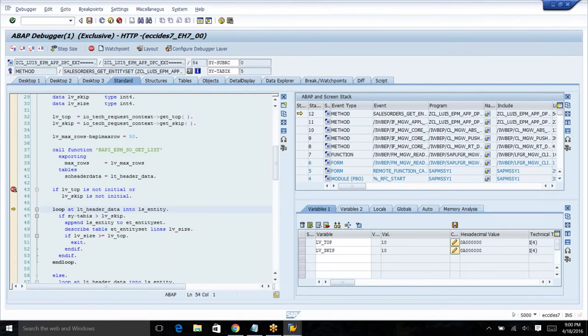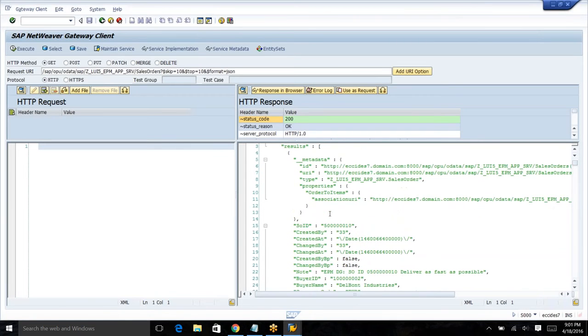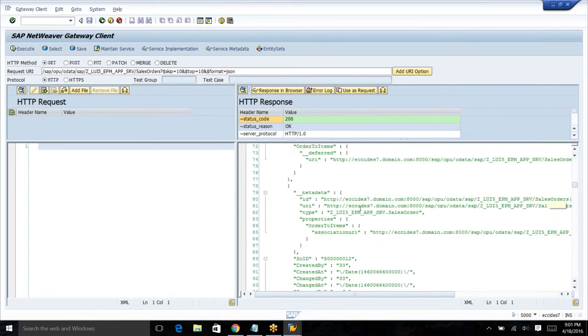We are just going to skip the first 10 and consider the next 10. It skipped the first 10 and started giving you from 5 million and 10,